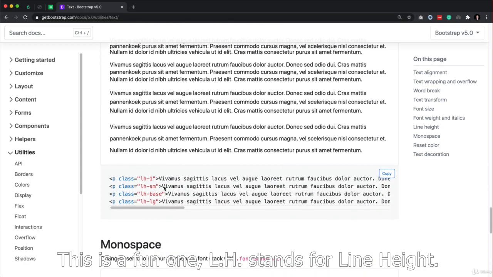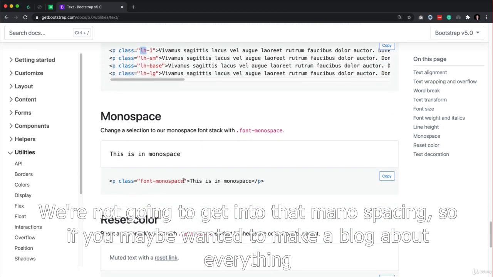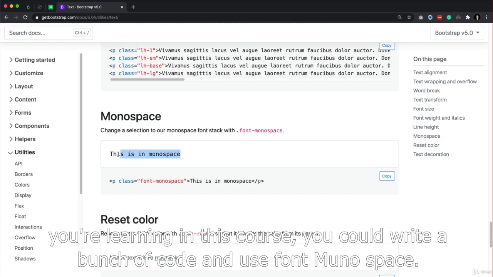There's also line height in here. This is a fun one. LH stands for line height. We're not going to get into that. Monospacing. So if you maybe wanted to make a blog about everything you're learning in this course, you could write